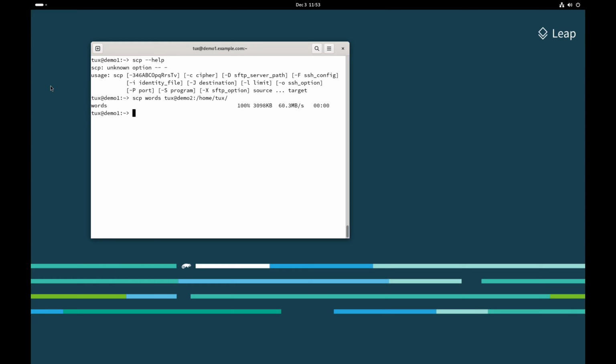Now, because I do have SSH keys set up, it went ahead and it transferred the file. If you don't have SSH keys set up, it will require you to type in your password for that. Now, if we SSH to demo2 and then do an ls, you can see that we do have the words file there. So if I exit out of there,